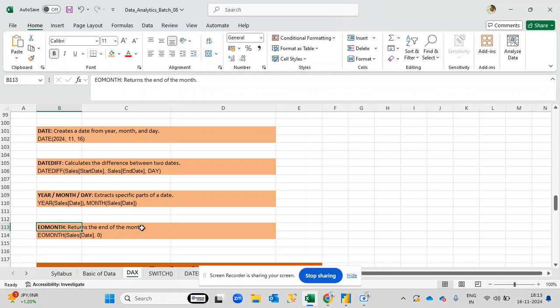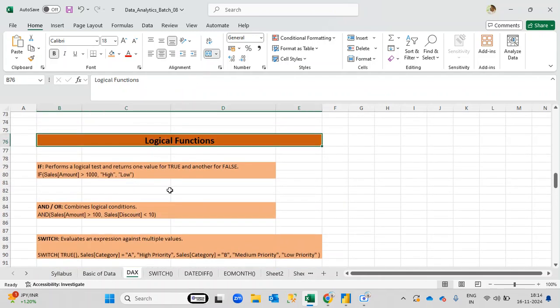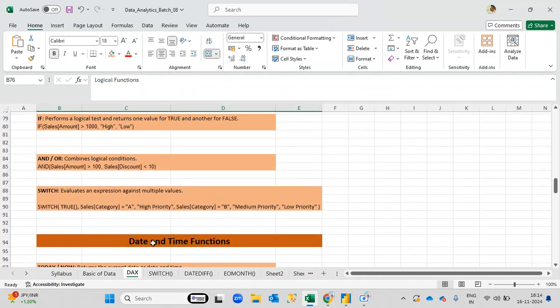Okay. I will provide you all the data and everything so that you guys can practice. We'll also see the different scenarios in which you can use these DAX functions, so that if similar scenarios are asked in an interview or you face them while working on any project, you should be able to implement that DAX function to create your measure or calculated column. So guys, let's start with logical functions, and once we complete them, we'll move ahead with the date